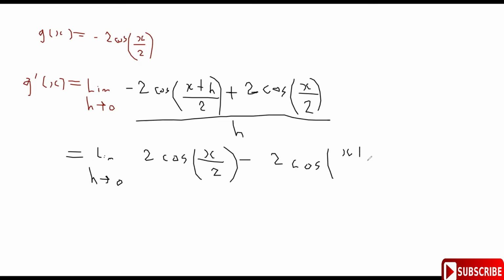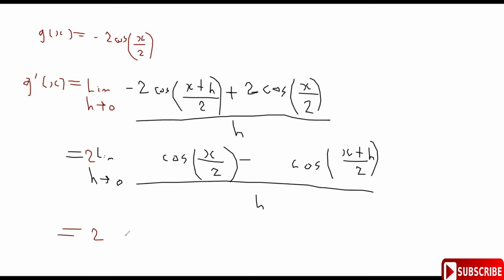Once I write it as the difference, look what I'm going to do. You see this 2 and this 2? I'm going to factor out 2. Why keep that 2 right there? Factor out 2 and put it in a different color, out here. So that is going to be 2 times the limit as h approaches 0 of